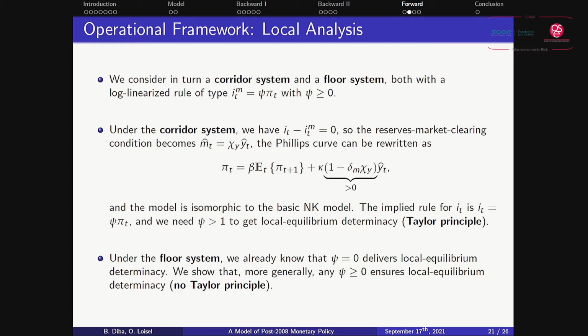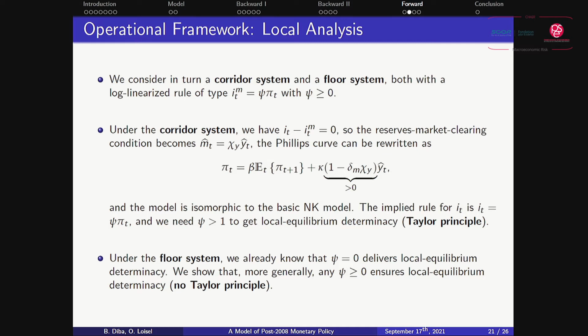And then you have a rule for any of these two rates, a Taylor rule. And a floor system. In the corridor system, you use your money instruments to maintain this spread fixed, and then you follow a rule for any of these two rates, for i^M but of course then for i^T as well. In the floor system, you leave your stock of money exogenous,